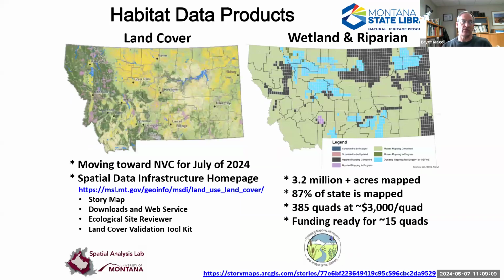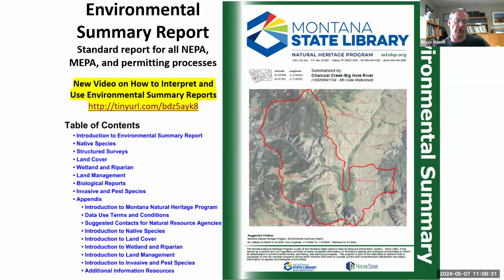We also manage information on habitats. We manage the statewide land cover layer, and also, because of the importance of wetland and riparian habitats to supporting species, we manage a layer that is the National Wetland Inventory and Riparian Mapping layer. We do that in conjunction with some programs at the University of Montana. And then all of that information we